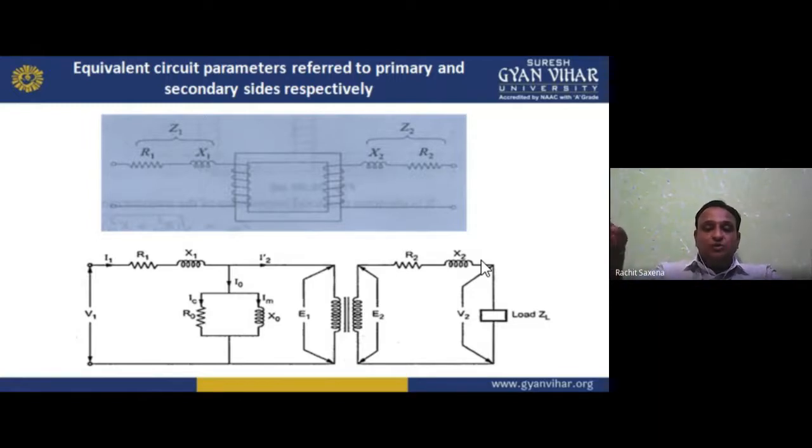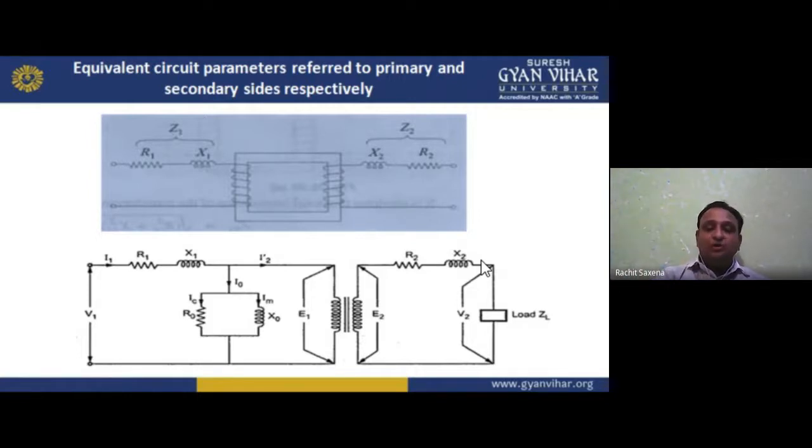You can say the self-induced EMF of the primary winding, the self-induced EMF of the secondary winding, and E1 and V1. So we have the difference between E1 and V1. If a potential difference is there, then an EMF is introduced, and due to this EMF, current will flow. So we have two currents on the primary side. One is I naught, which gives you the loss component and the magnetizing component, and the second is the I2 dash current, which counterbalances the I2 current and the flux of I2.